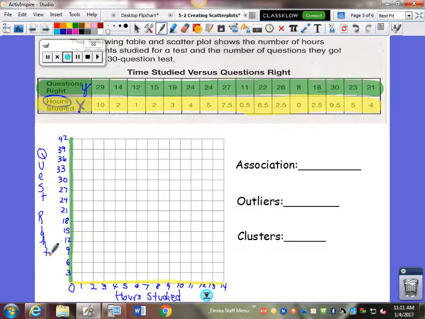Okay, and then we would just start graphing this. Remember to graph it kind of backwards though. 10, that's why color coding can help. 10, 29, 2, 14,